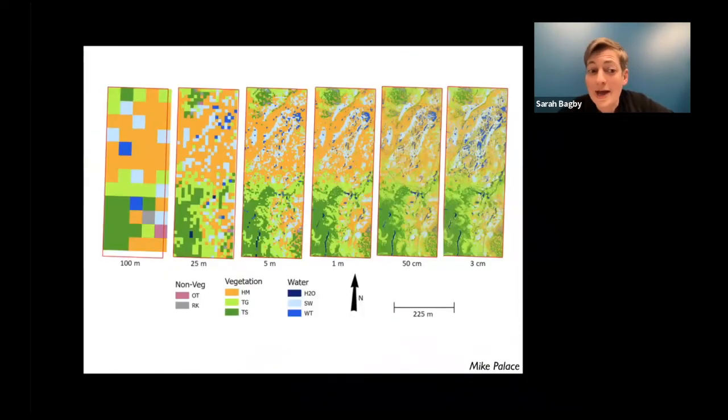We also have in our collaboration Mike Palace, who's a remote sensing expert. His drones allow us to look at the plant composition of this site down to 3 centimeter resolution, which is